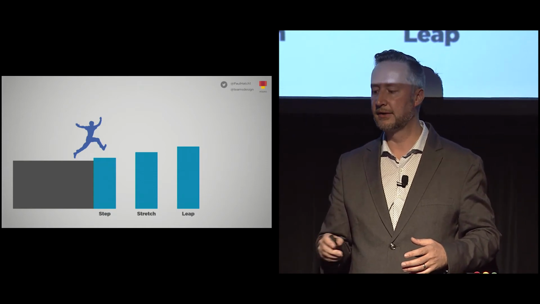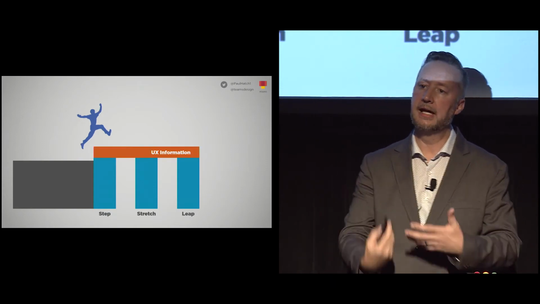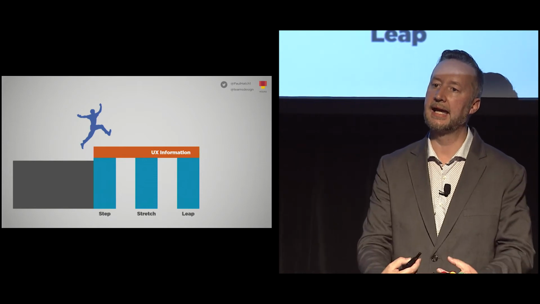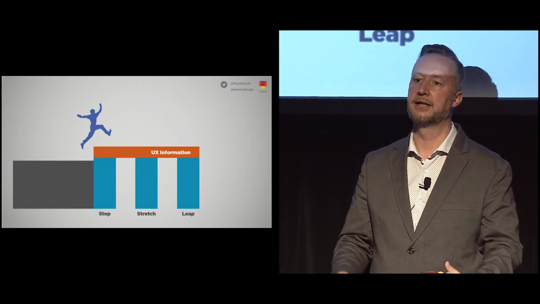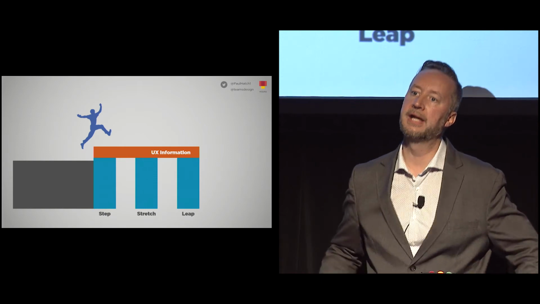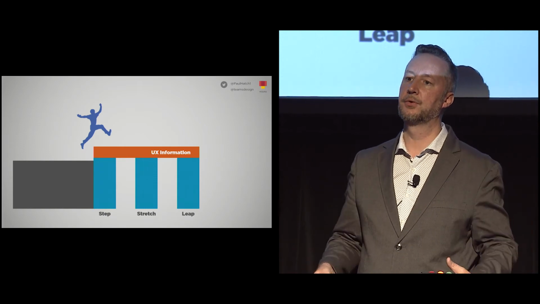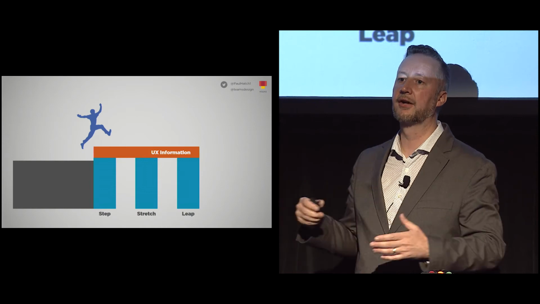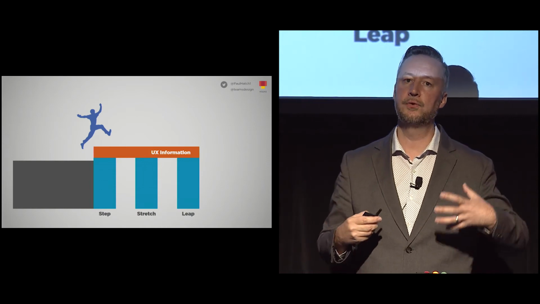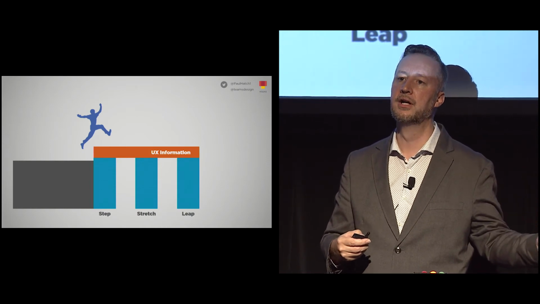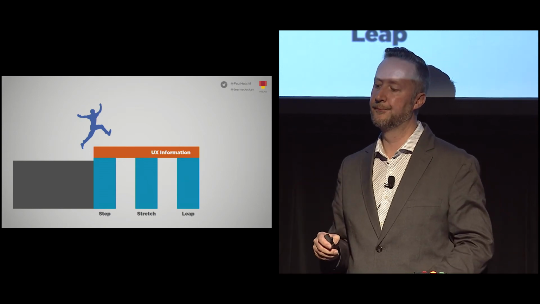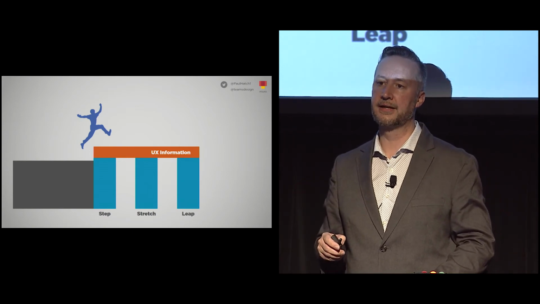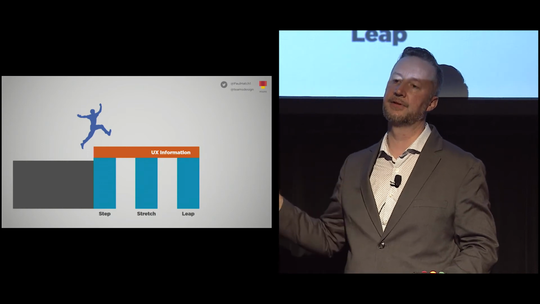Now, what's interesting with IoT is, with the added information that we can collect, we've got this nice little safety platform. Now we can step upon it, we can make that leap, and we can land quite safely. Now, of course, it's just a diagram, but really, you've got a lot more information to go on to make that big change, and then get a big advantage over any competitors. And they don't have this safety platform.